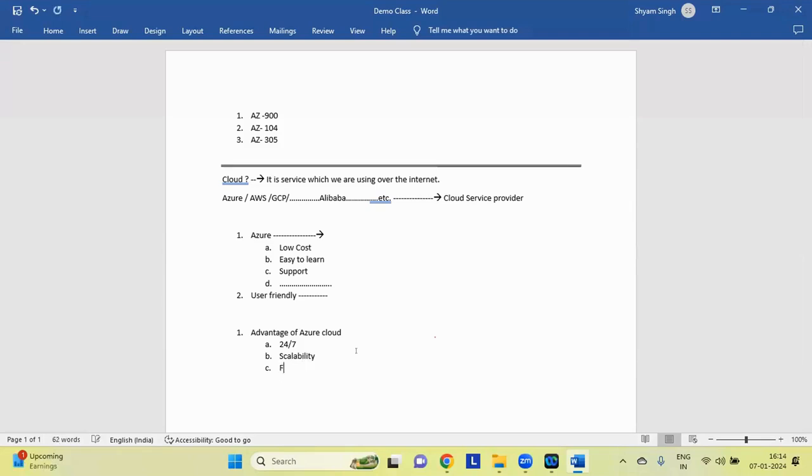Third one is flexibility. Fourth one, fault tolerance. And so on. Also, one more major point is data protection.